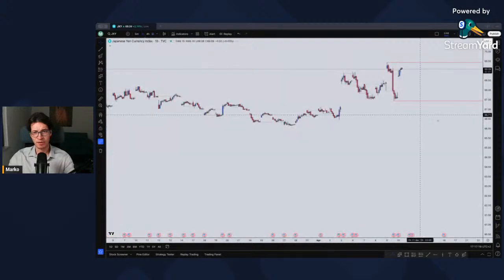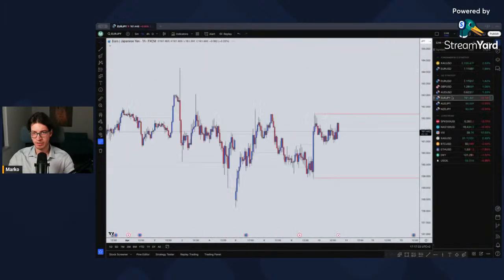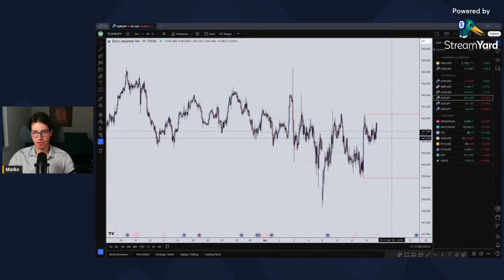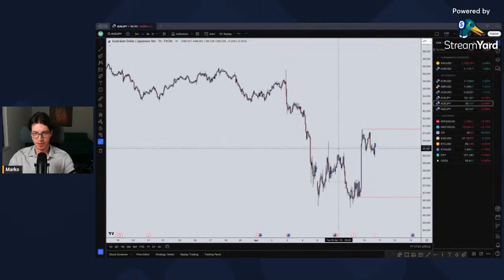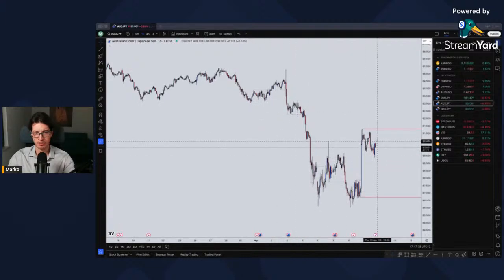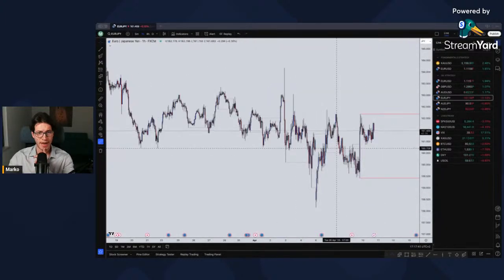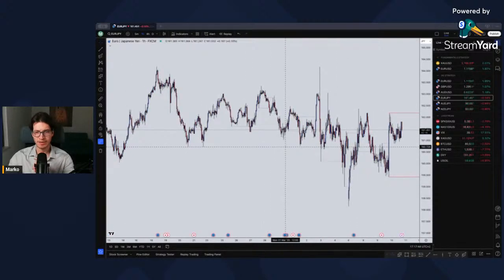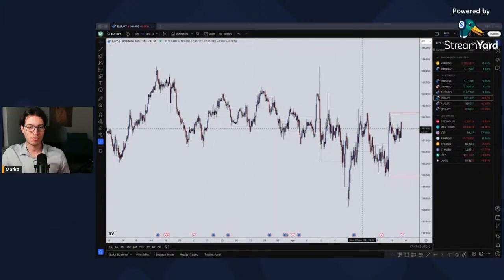So what should happen on our JPY pairs that I'm watching here on my watch list, EJ, AJ, NJ, is they should go down in price. And they have been going down, but not really a drastic move. NJ and AJ have definitely been drastically dropping. EJ has been pretty flat. What is the reason for the price being so flat on the euro Japanese yen? Well, the reason is